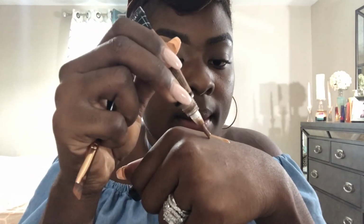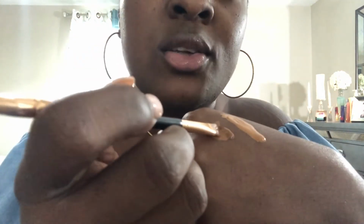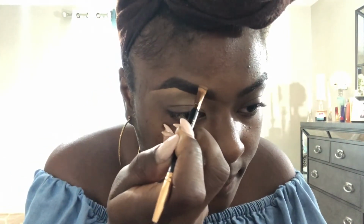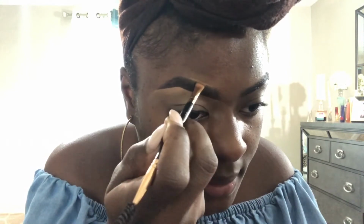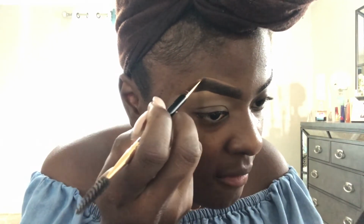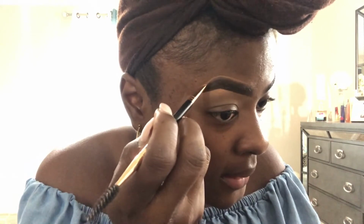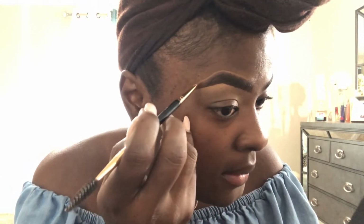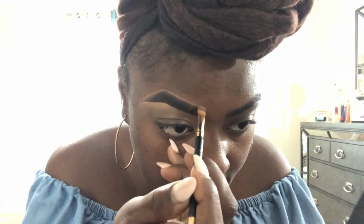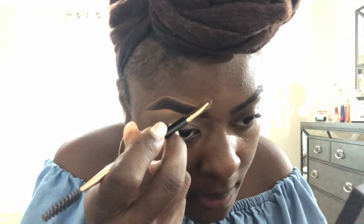So I'm just gonna go ahead and put some of that on the top of my hand. Using that same brush, I'm just dipping my brush into it with very little product. Again, I'm not going to start at the beginning of my brow. I'm gonna start a third of the way in. And I'm just gonna outline with that concealer very lightly. I'm barely touching my skin, you guys. Get my tail. I'm barely touching, then I'm gonna go back and join that in. Now that I have that outlined,